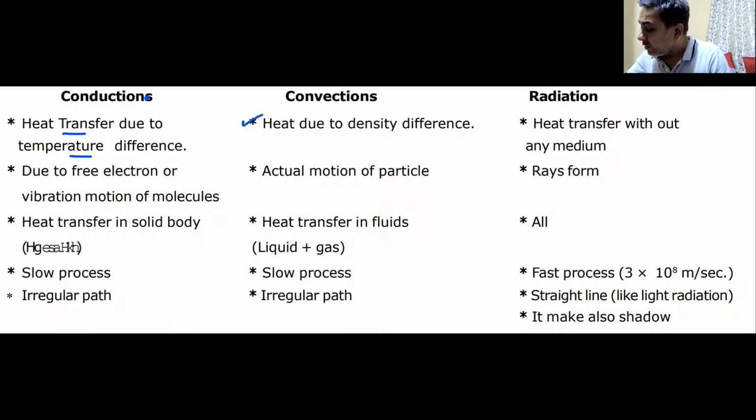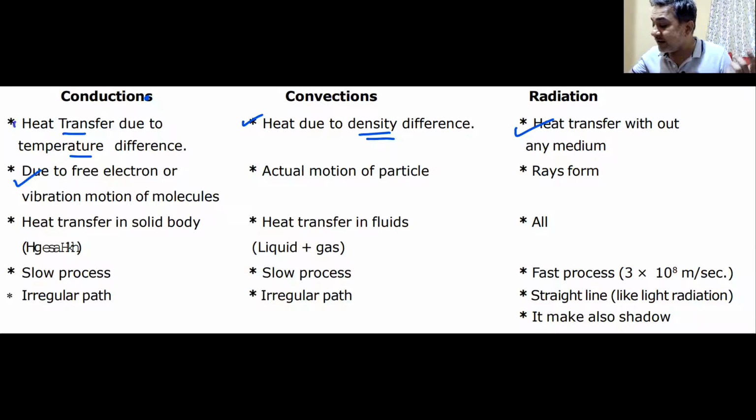Convection takes place because of density difference. Hot air goes up, colder air comes down. Do we understand this? Then the process of radiation does not require any medium. Whether you are on the moon, you can enjoy the heat of the sun. Moon gets heated very fast in the daytime. The temperature is very high because there is no atmosphere to save you. If you go on the moon someday, maybe your generation would be landing upon the moon and setting up bases on Mars. Well, do not forget my lecture there.